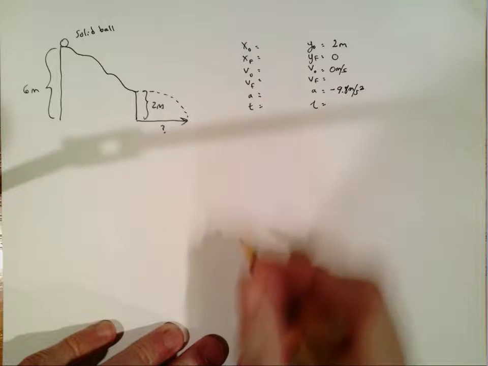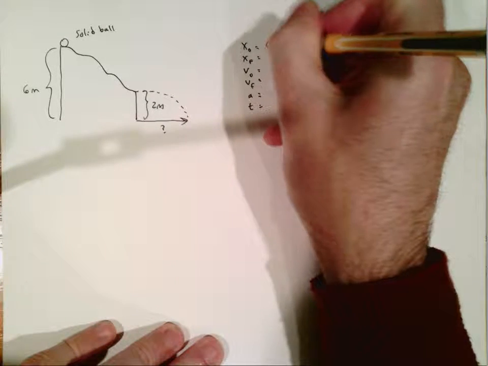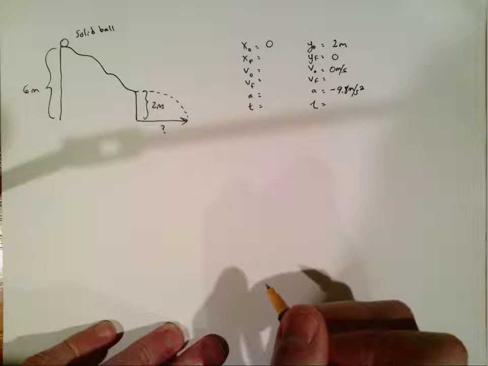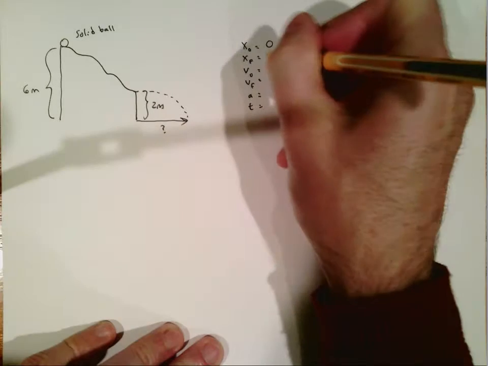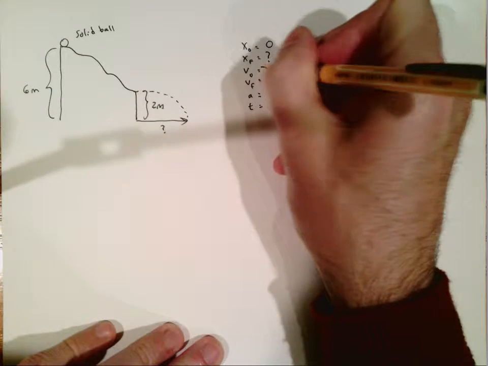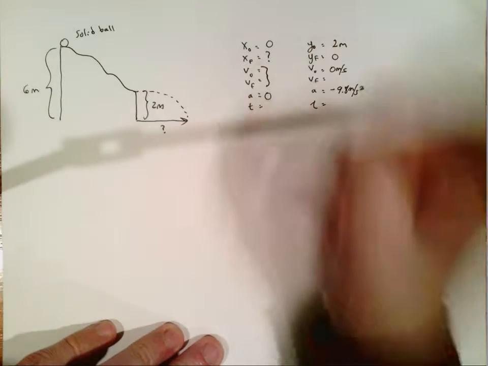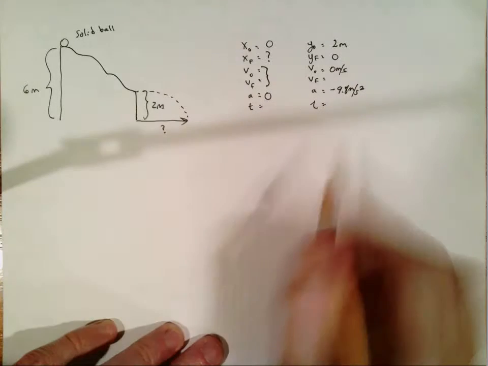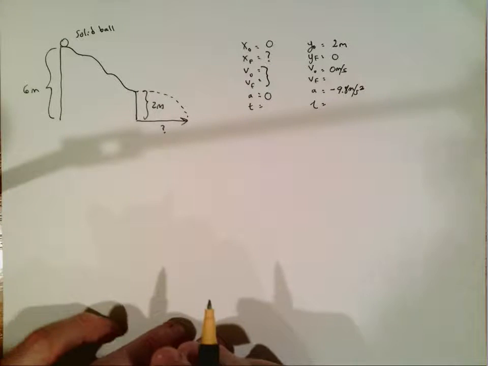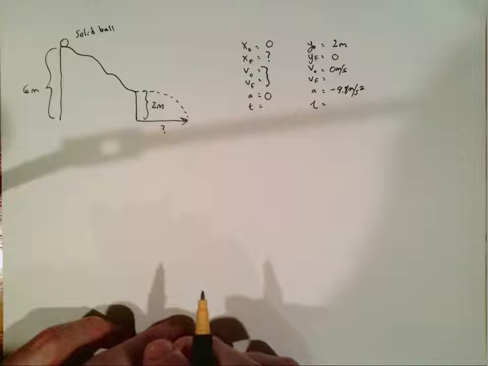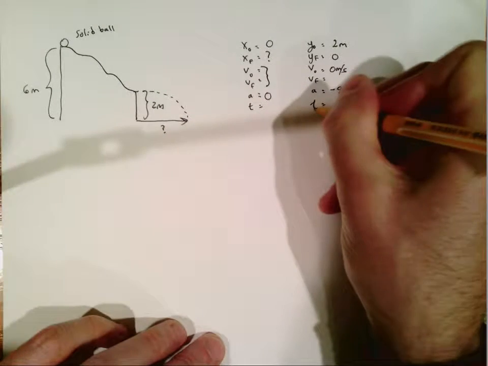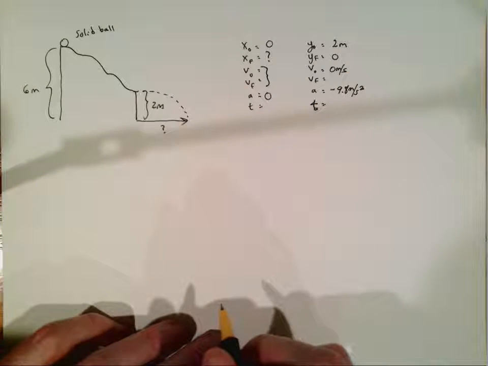Let's look at the x direction. Well, there's no reason we can't say the initial x position is 0. Final x position, that's ultimately what we're looking for. The initial and final velocities in the x direction are always going to be the same because there's 0 acceleration in the x direction because there are no x direction forces. So typically, with a projectile motion problem, we're going to solve for time in one data table and use that